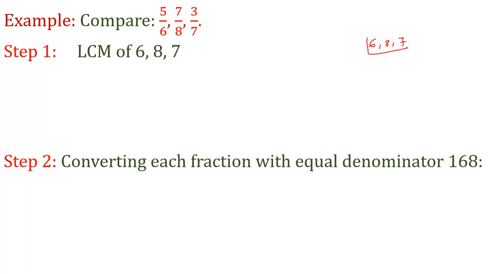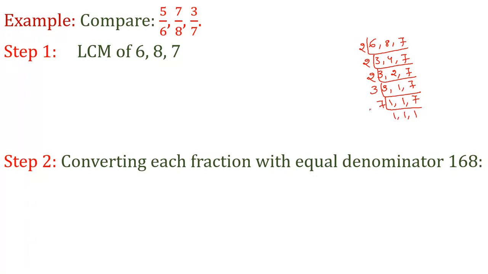Take the LCM. 2 3s are 6, 2 4s are 8. We cannot divide 7, write it as it is. Next, you cannot divide 3, write it as it is. 2 2s are 4, and 7. Now again divide with 2. 2 1s are 2, 3, 7. Now again take 3 here. 3 1s are 3, cannot divide 1, write it as it is, and you cannot divide 7, write it as it is. And again divide with 7. Up to getting ones in the last row, you have to continue this process like this only.